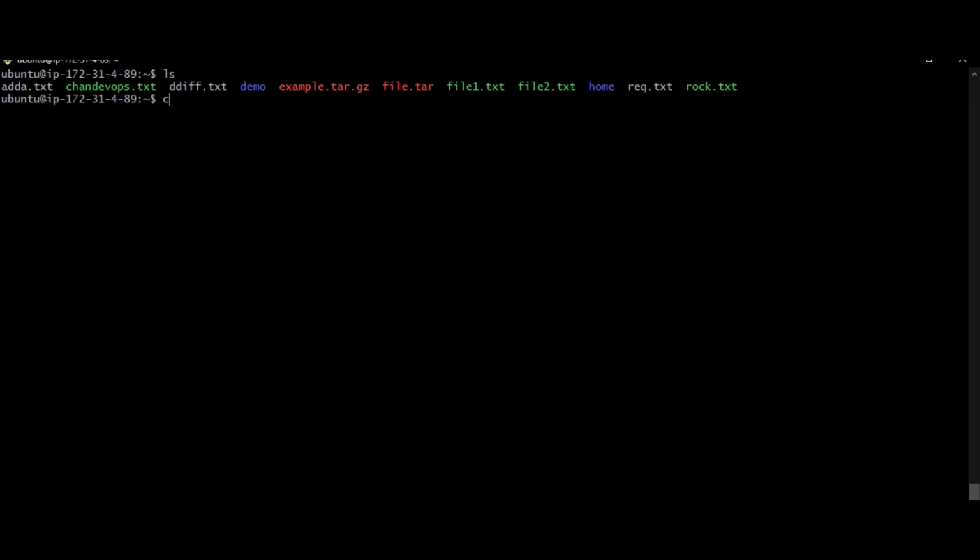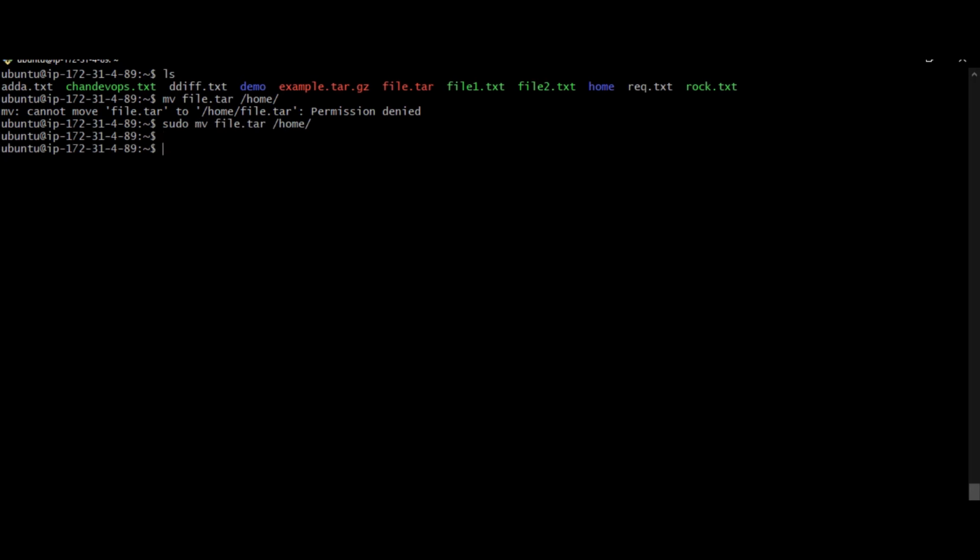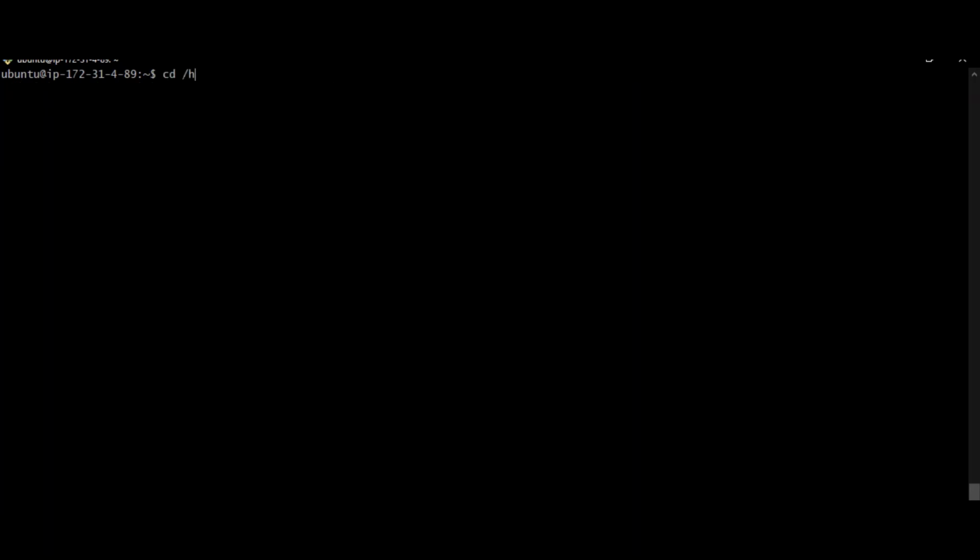So now I move this file to home, because it may get clumsy. Permission needed, so I give sudo, slash home. If you see here, I have file.tar. So I want to untar this file by using tar -xvf file.tar.